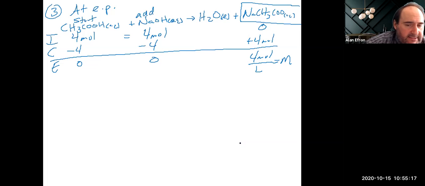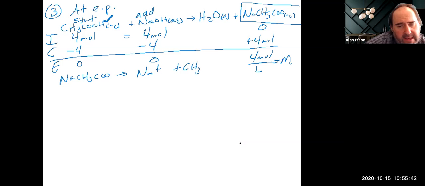So sodium acetate is basically the sodium ion, which is a neutral ion. So the sodium part will not affect the pH. But the acetate part will, because the acetate part came from acetic acid. Acetic acid is a weak acid, which means the acetate part of sodium acetate will continue on and react. And as we talked about, since it's a salt, it's going to react with our water that's present, which means